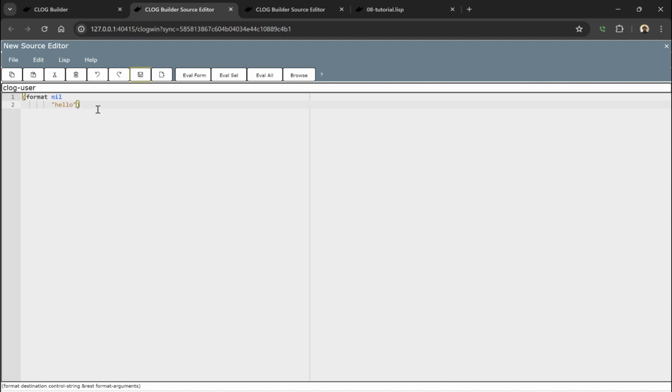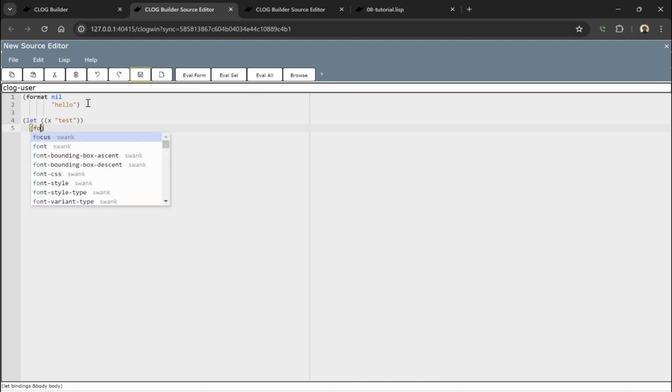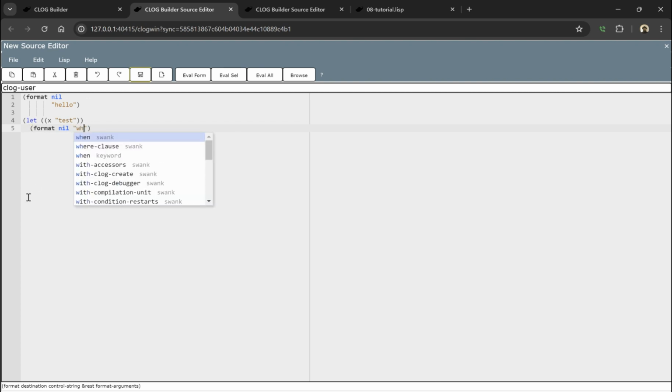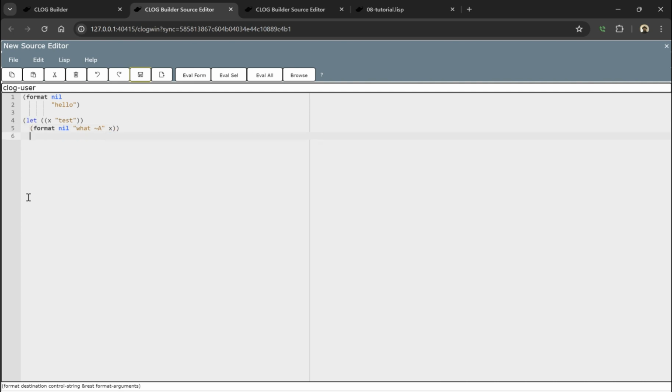What's really cool, of course, is to get into more advanced situations where you're making a bunch of code. Let's say, for example, we're doing a let, and let's say x test. And let's go ahead now and add our code. Let's go ahead, format nil, and let's say X. So that's cool. And of course, hitting the tab on the actual text, if it was in the wrong place, it will move it to the right place. So again, let's say here, let's move it there. Hit tab, boom. No matter how far along it goes, but let's say, for example,